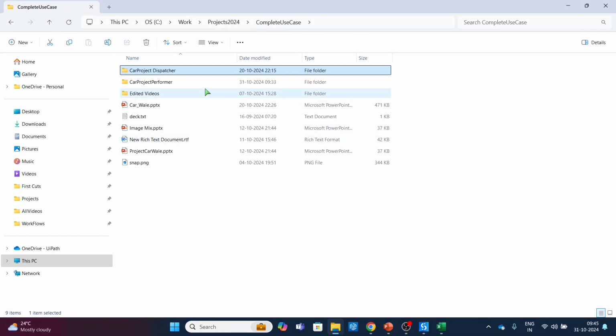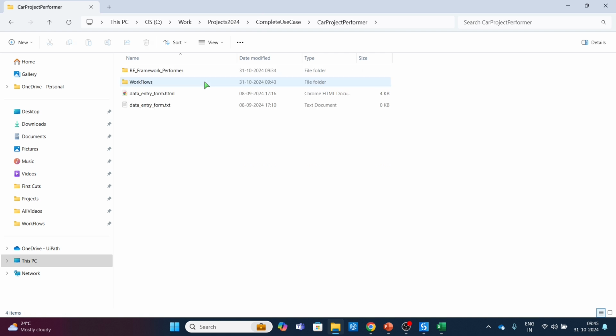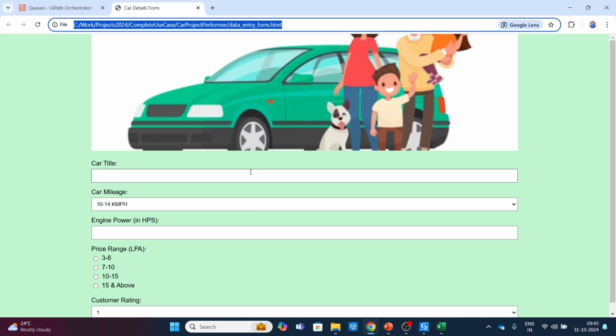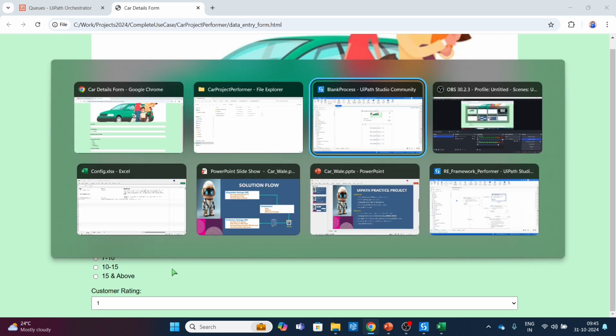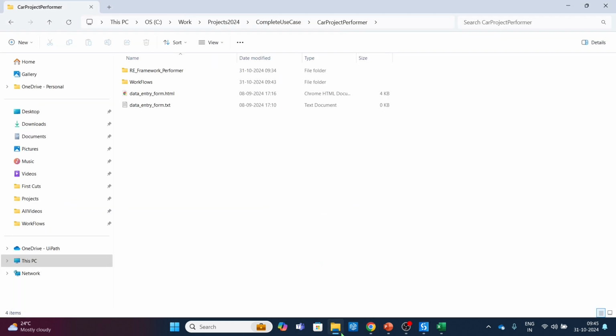So right now we have data available in the queue. To do the data entry in this page, we don't have any dependency. Whatever data is there in the queue, we can just update same data here. To create this PDF, if you see,